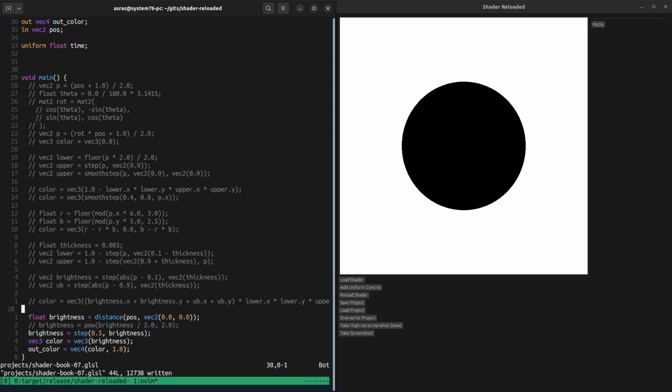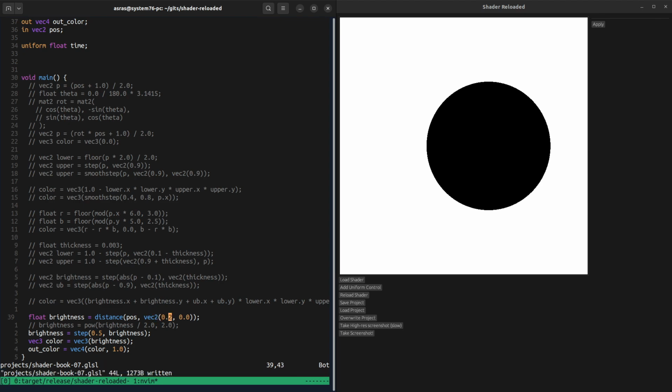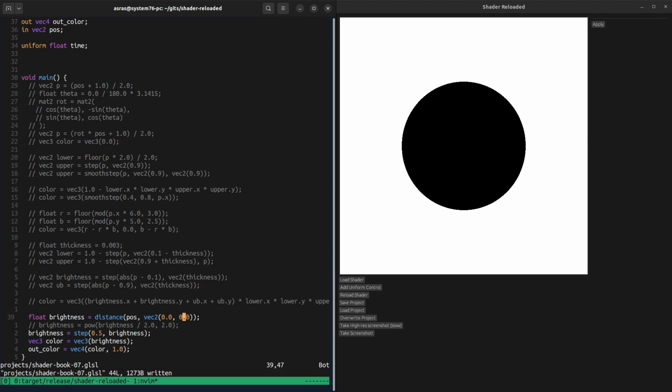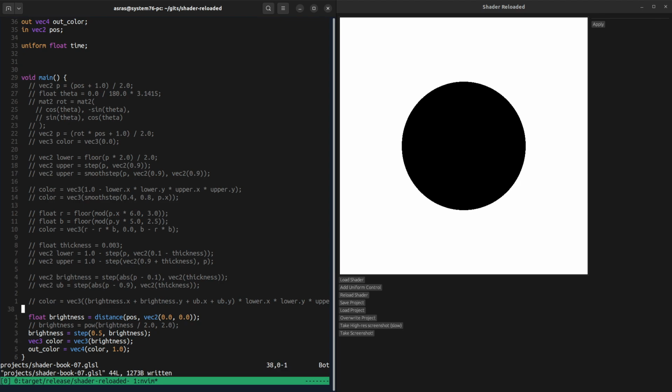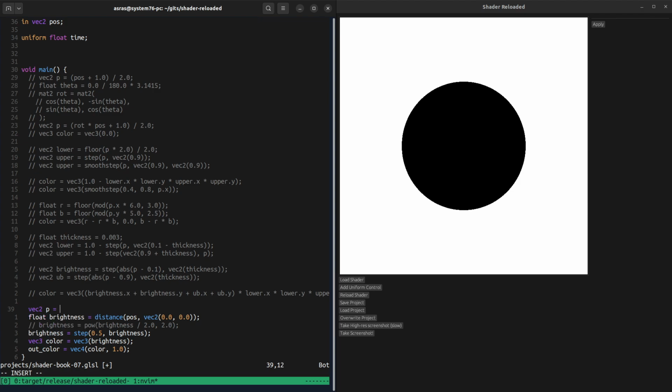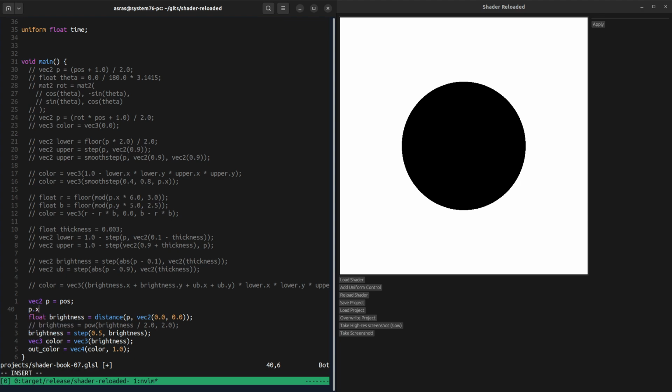What if we messed around with, so yeah, maybe we should try that first. We can move the circle around like this, just changing what we calculate the distance to. We can also try to distort the coordinates. I'm not sure exactly what I want to do, but let's say something like P of x is equal to